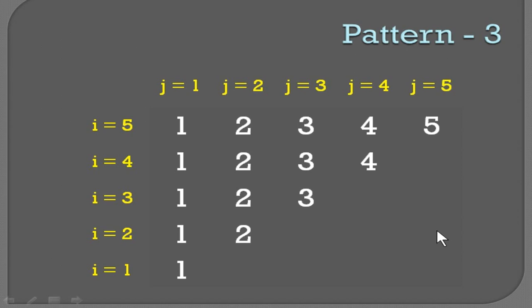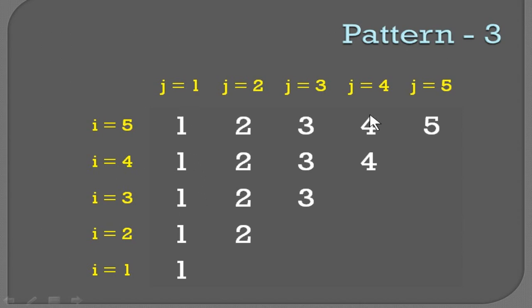Now you are going to see the third pattern. Here you can see first row you got 1, 2, 3, 4, 5 and it is in reducing order. First row you have full numbers and then the final row you will have only one number. Now we are going to find out the outer loop. You can see I value. First you have to look down. When you look down, you can see the first column, you don't find anything, so you have to go to the last column and just see the values. You can see the last values are 5, 4, 3, 2, 1. That means I value start value is 5 and it is ending by 1. So it is decreasing. So the outer loop is decreasing.